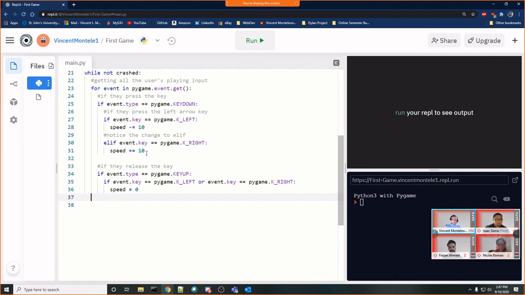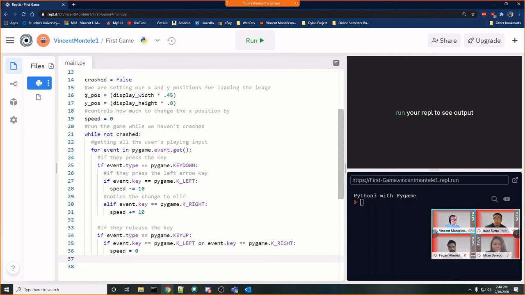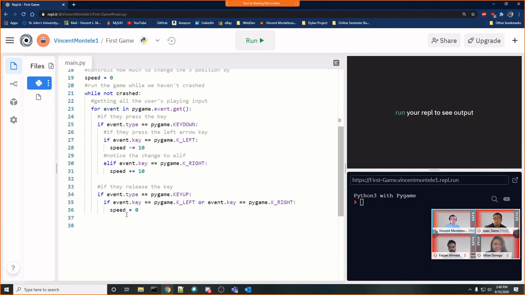And now, all of this logic that we just did to measure all the different types of events, if we put down a key, what key we pressed, it all revolved really about changing the speed variable and how much of a speed we have. So what I want to do now is tie that back into my X position, because the X position is where our image is getting loaded in.